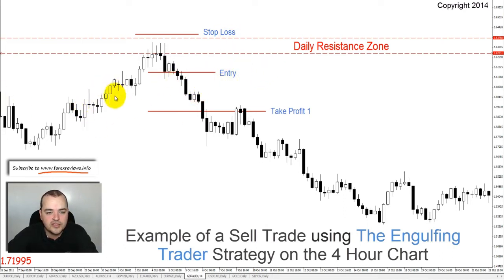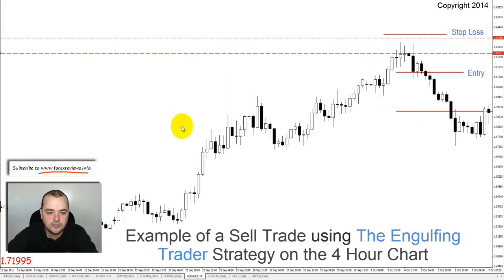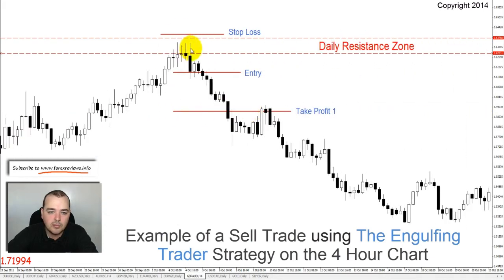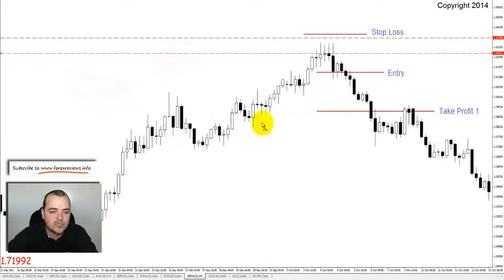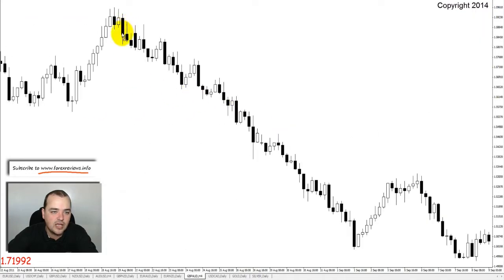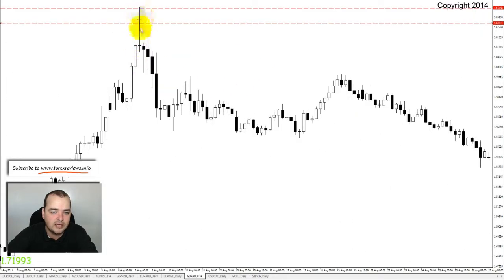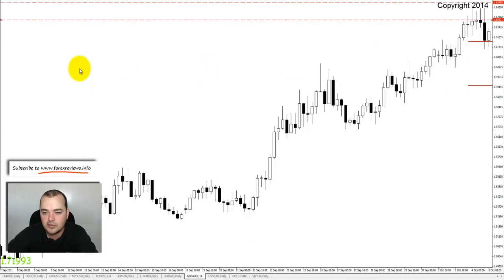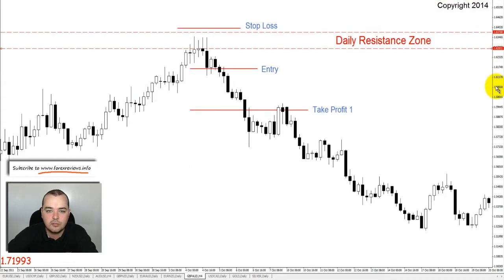First of all, this is a daily resistance zone, right? And price came up to this resistance zone where you would have been setting your alarms. We knew this was a resistance zone from the daily charts and it had been drawn in from the past, as you can see back here at resistance. So we knew that most likely when it came back to this zone again, we'd get a bit of bearish price action. What we're looking for is an engulfing candle in this daily resistance zone,